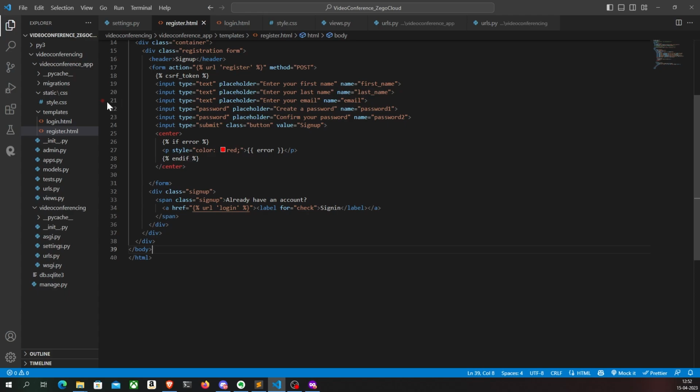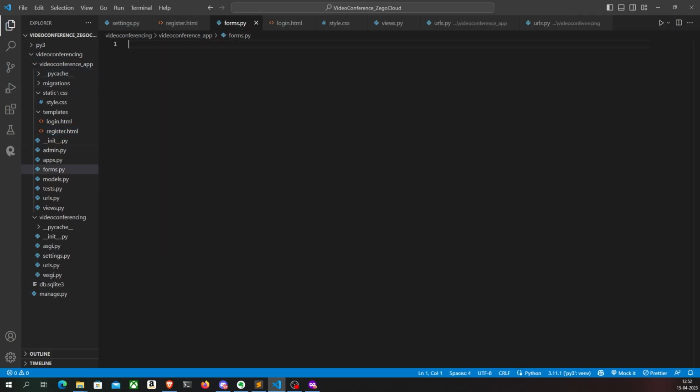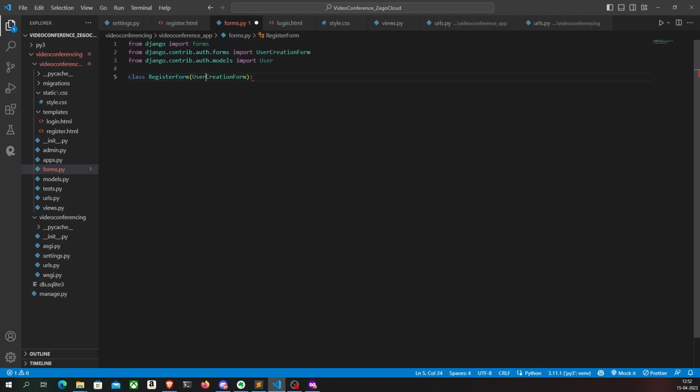And in order to do that, I'll first create a new file called forms.py. And inside here, I'll make all the necessary inputs, and I'll create a new form called register form, which extends or inherits from the user creation form, which is a default form of Django. So this user creation form has 3 fields. It has the username, the password 1, and password 2. So it's basically a basic form, in order to create new users on the website and also authenticate them with